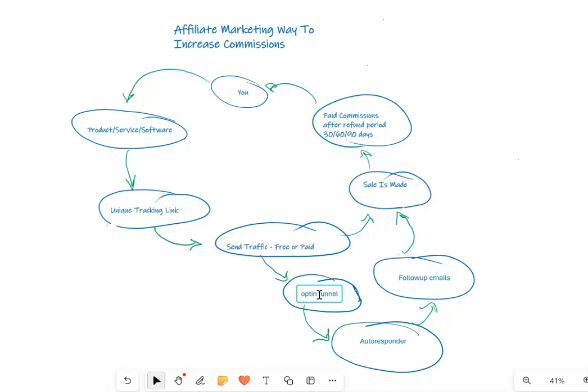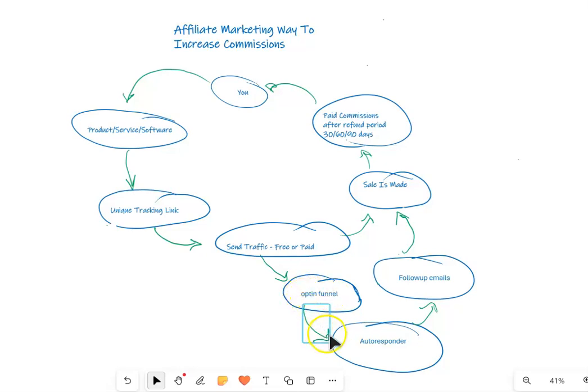be a PDF, it could be a checklist on dog training, it could be a video on dog training, it could be something of value that you know that people who have dogs that are interested in dog training, this is going to be valuable to them, and you want it to have lots of value because people are going to be exchanging their email address in exchange for this item that you're giving away.